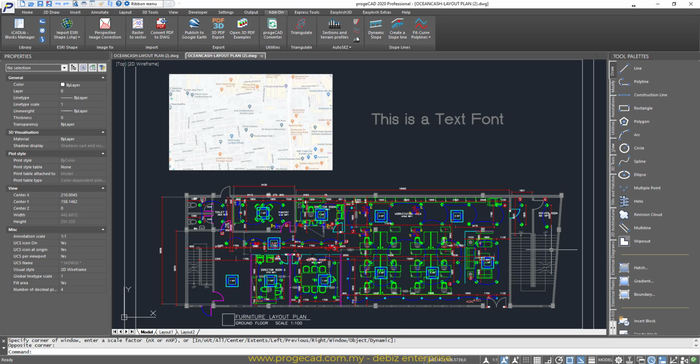Of course, the color and layer depend on your plot style. If the plot style is converted to monochrome, everything you see in this converted DWG will be in black, monochrome color rather than colored.